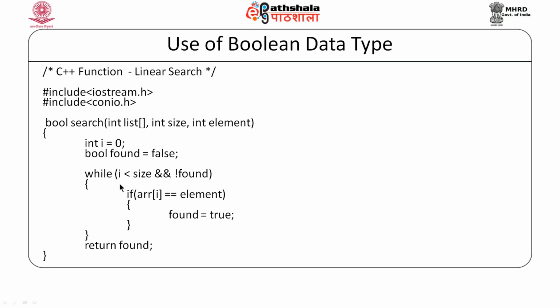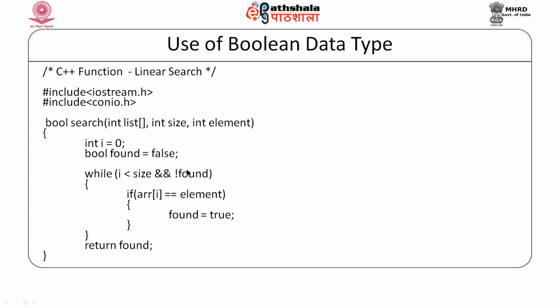One, that we need to continue this loop till we reach the end of the list, or we have to continue till we do not find the element. So, if we reach the end of the list first, then due to this condition we will come out, or if in between we find the element, this will cause the loop to get terminated. So, we have initialized this found variable to false, and the condition not false would make it true.